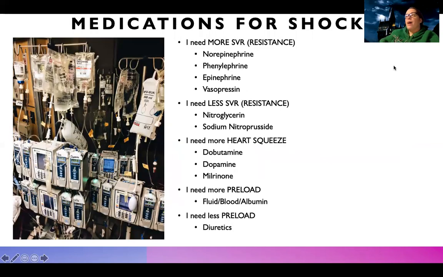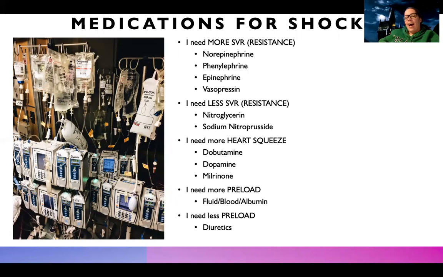So let's talk about general medications for shock, because I brought up some of these things like vasopressors, vasodilators, and things like that. Look at it this way. If I need more resistance, in other words, my SVR is low, or I am dilated, I need things like norepinephrine, phenylephrine, epinephrine, or vasopressin. You can see a lot of these have the "ephrin" in them, or "pressin,"